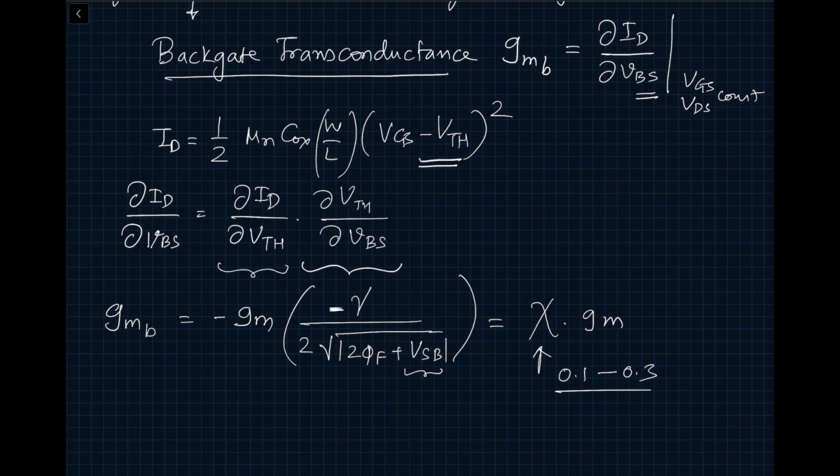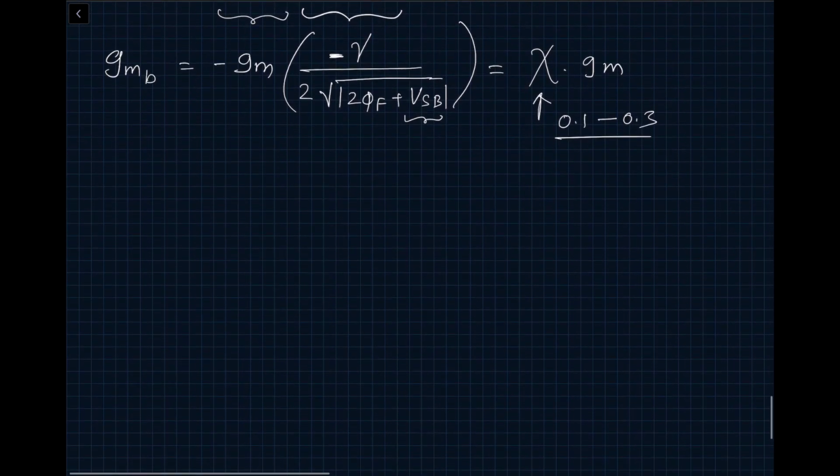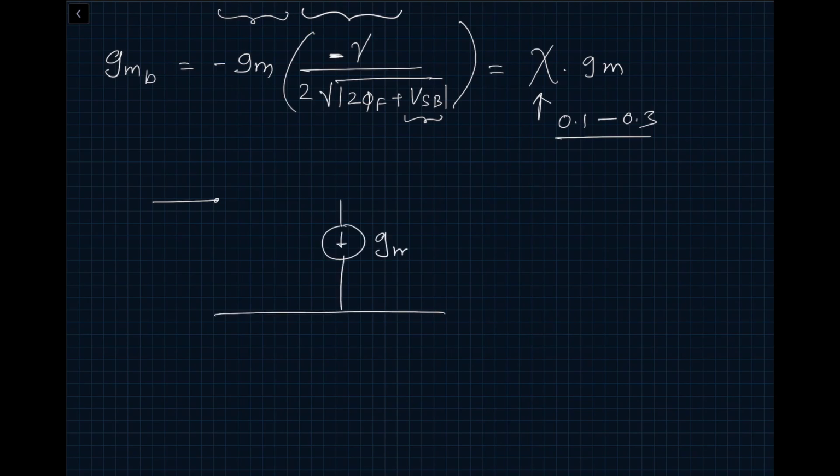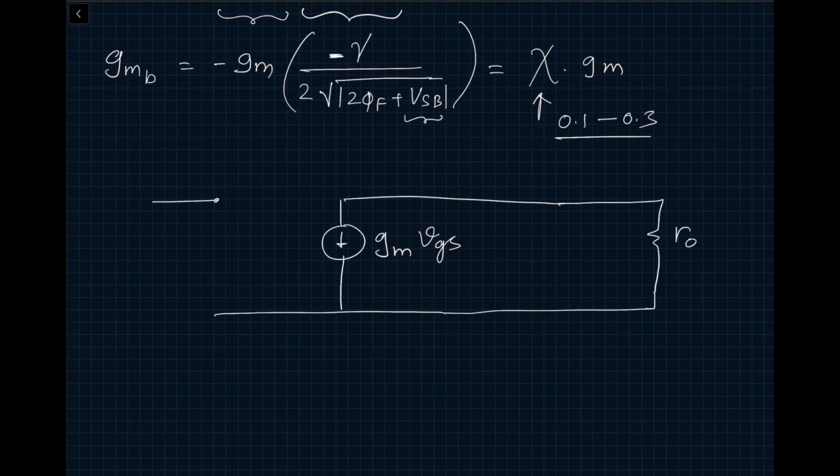Now when we create a small signal model to include this effect, it's going to look like this. For example, our usual MOSFET small signal analysis looks like this: gm vgs, and we have r out, and this is our gate, this is our drain, and this is our source, and here is our plus minus vgs. Now we have brought in one more terminal, which is the bulk or the body,